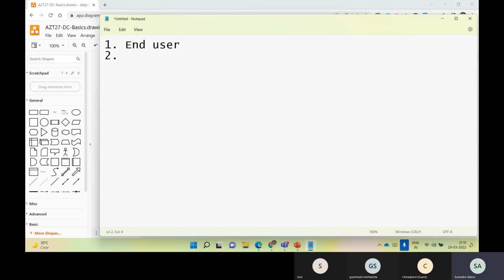The end user will get a service from the application, where this application will run on a middleware or database, which will be hosted on top of an operating system. It is software which you install, correct? If it is a web-based application, you can install Apache on Linux. If it's a Windows machine, you will install IIS, Internet Information Services.